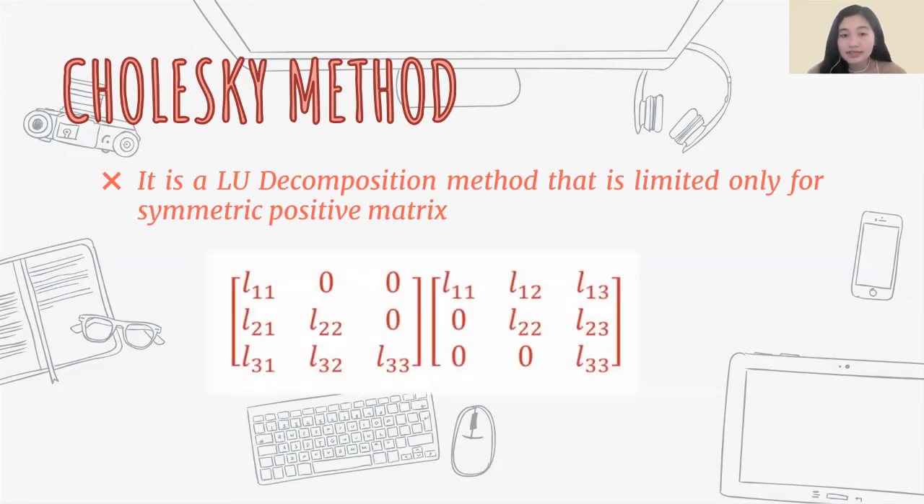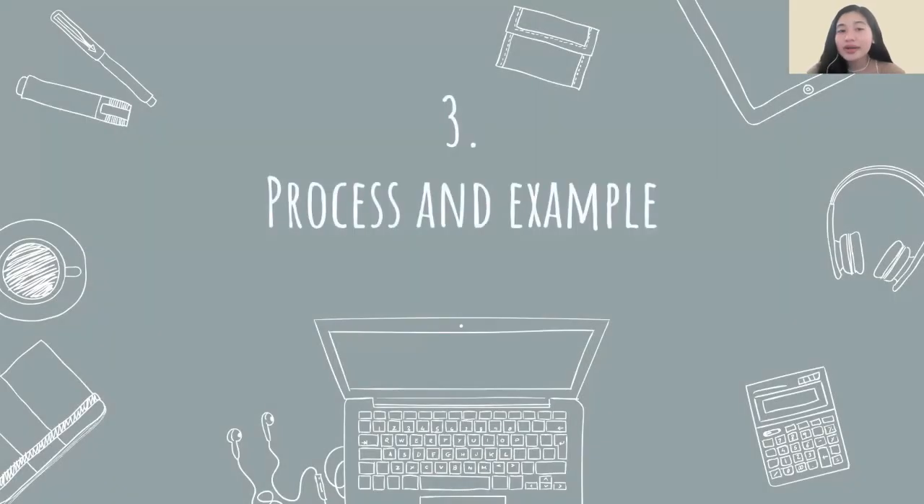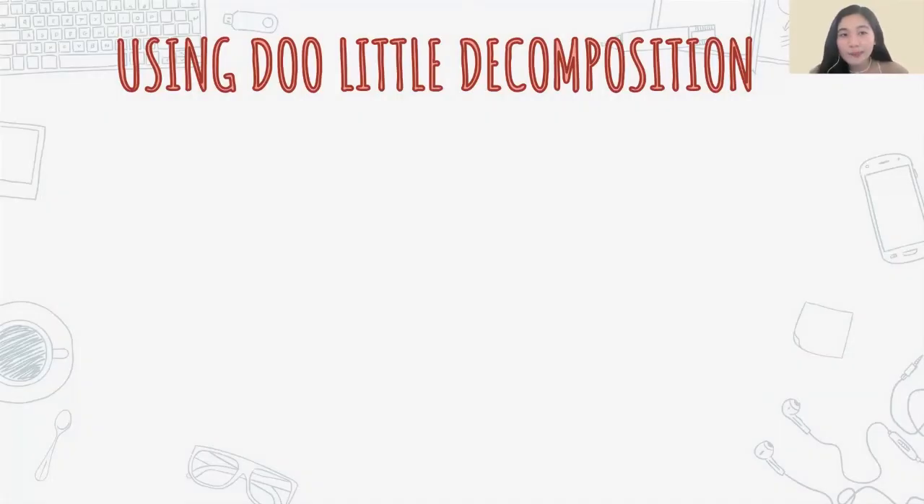So as you can see, flashed on the screen is an example of the Cholesky method on how to arrange it in the form of a 3 by 3 matrix. So now we are moving forward to the process and example. If we are going to start off, we are going to use the Doolittle decomposition, wherein, as I've said